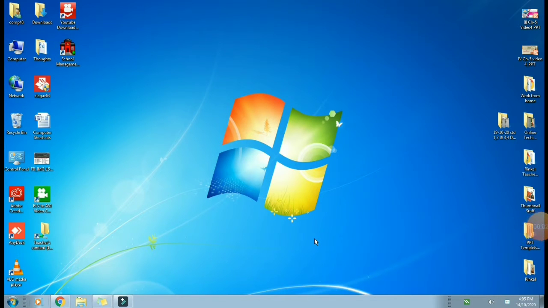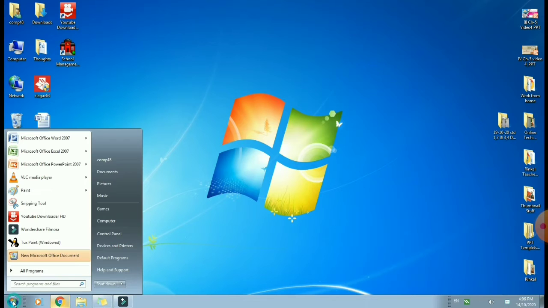Children, this is my computer screen. In your computer textbook on page number 46, the moving a sprite topic is given. Here now steps are given. As per these steps we are going to make our project today. Let us create a Scratch project to move the sprite in a circular motion.